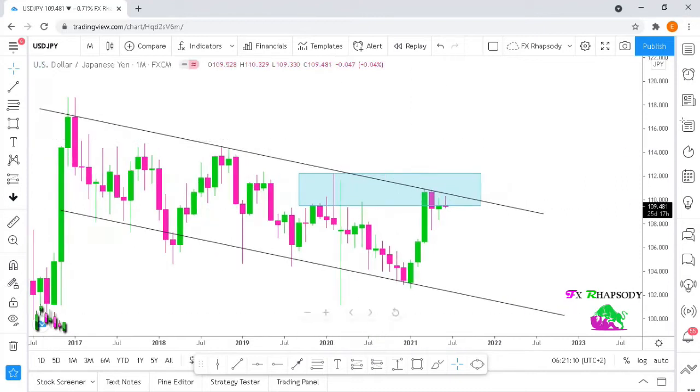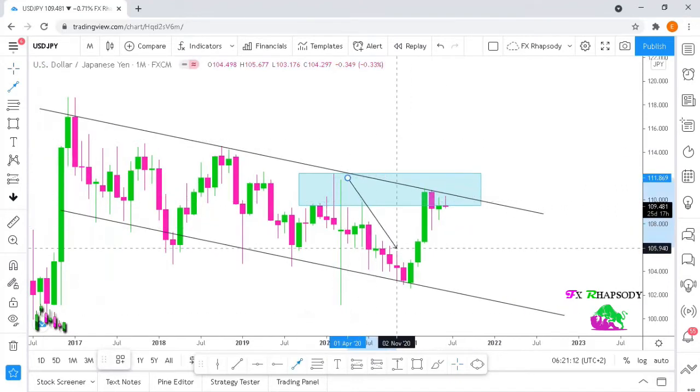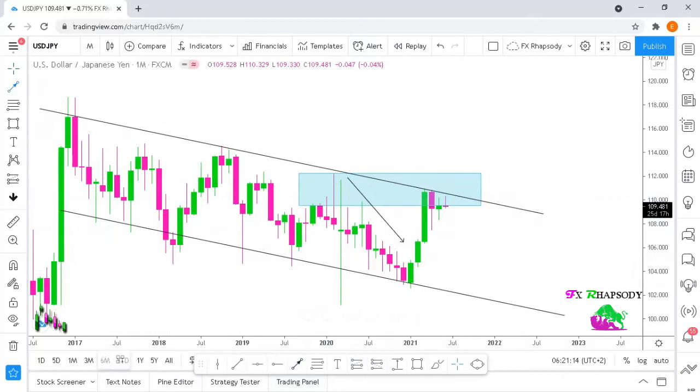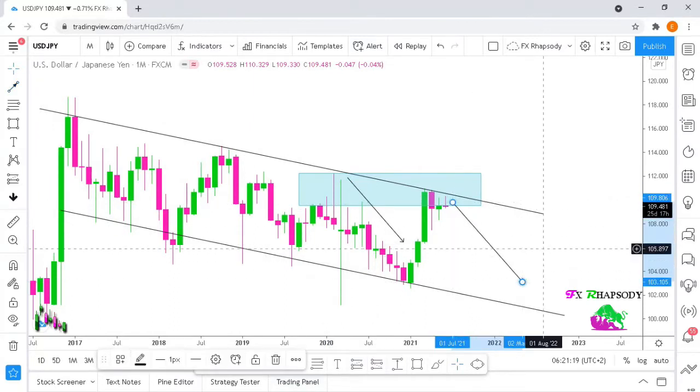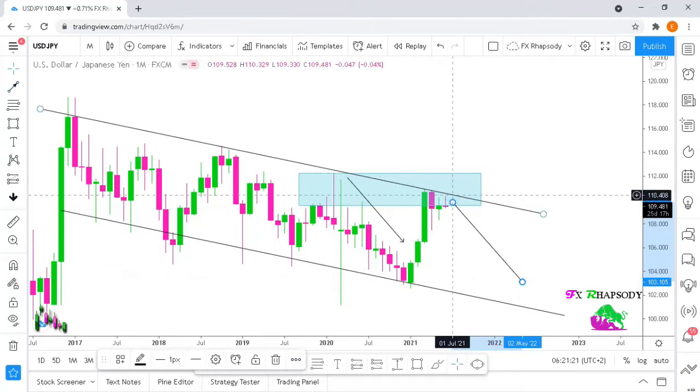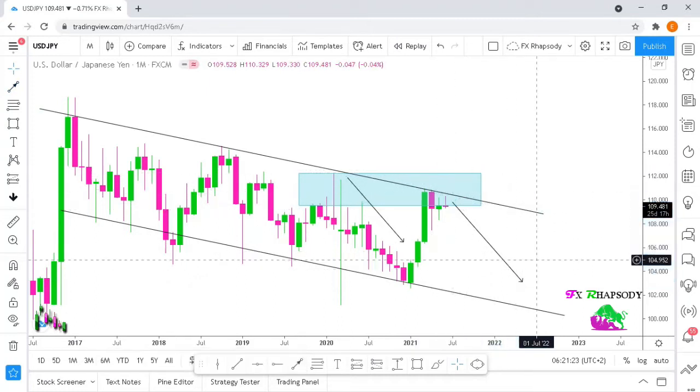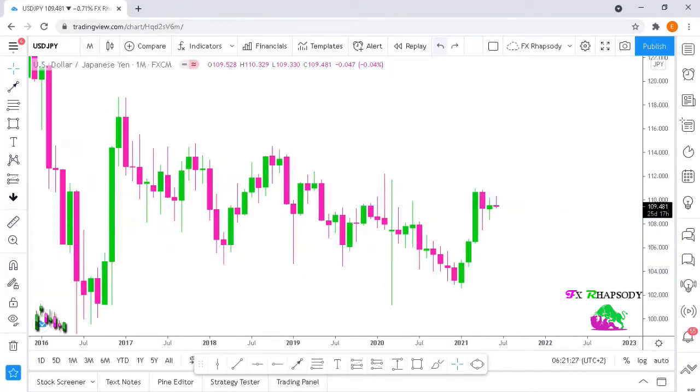We can see that this area of supply, price moved down, and so obviously we're expecting price from this area. If it does not break this trend line, we're expecting price to move down to the downside. So on a weekly time frame,